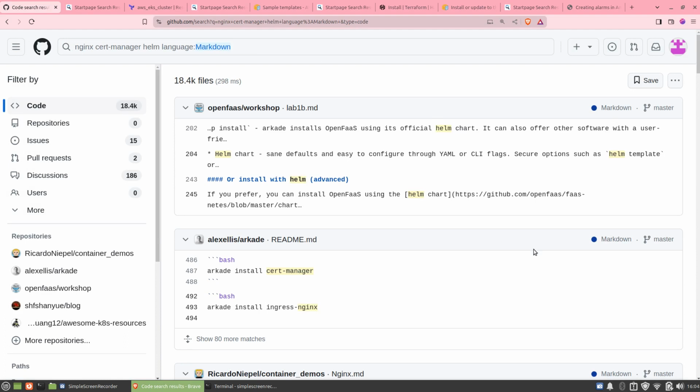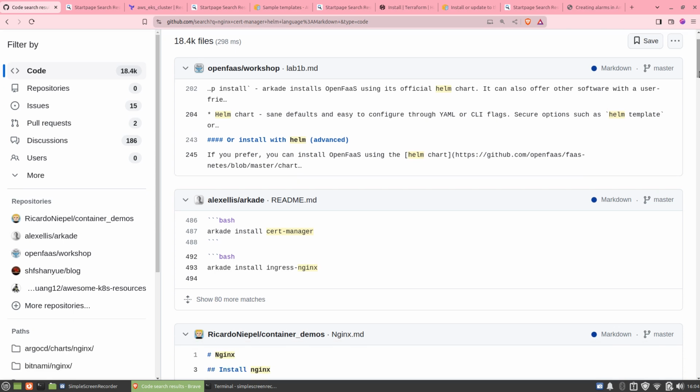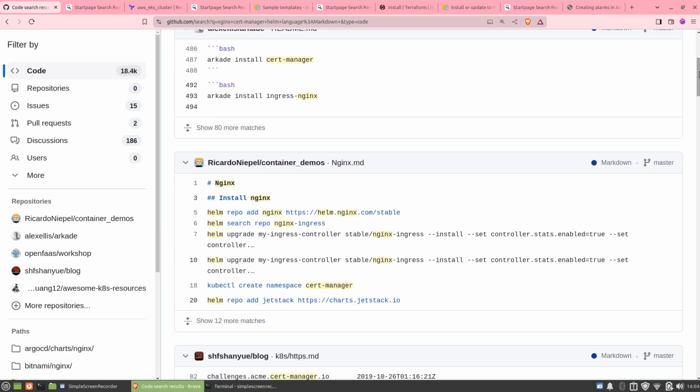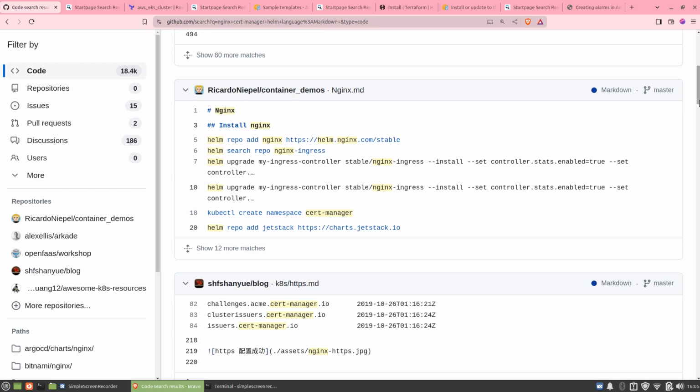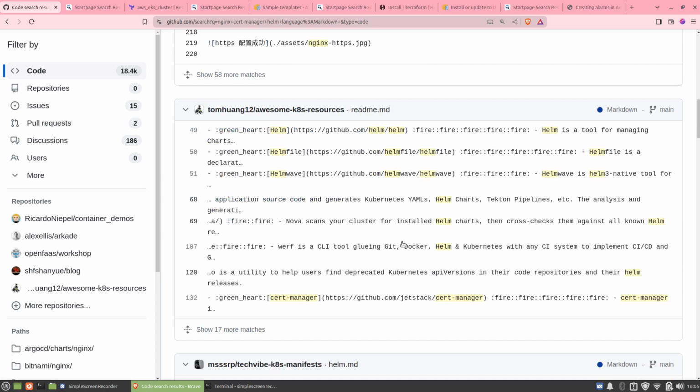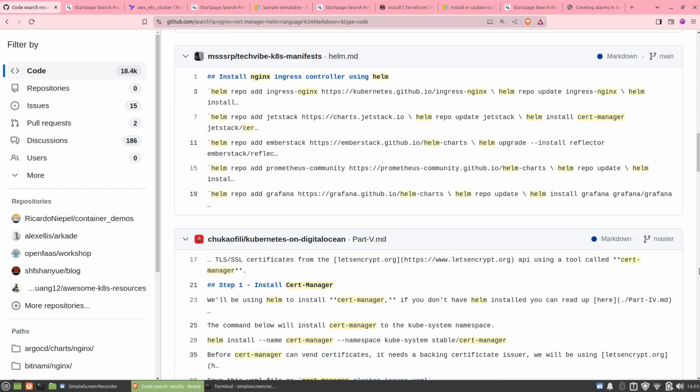And now it's come back with this, and probably it's best to open these up and have a look, but this is going to tell me these are people who are already using Nginx and cert manager, and it's going to tell me also, probably going to give me some clues as to how to use them. So you got some stuff here about cluster issuers and challengers, but not only that, but also perhaps other important Helm charts which are generally being used as well. So for example, he's got